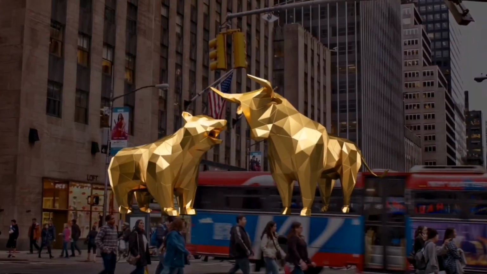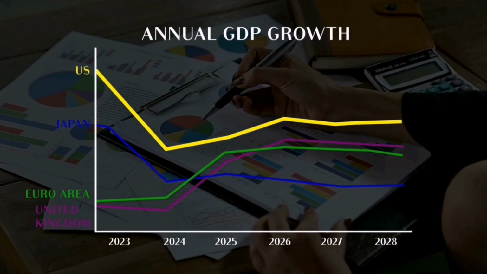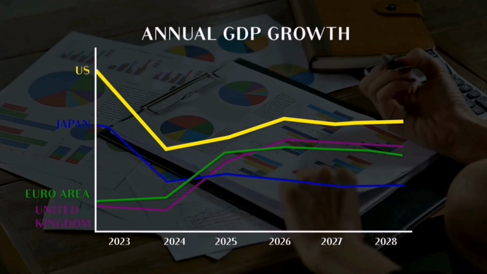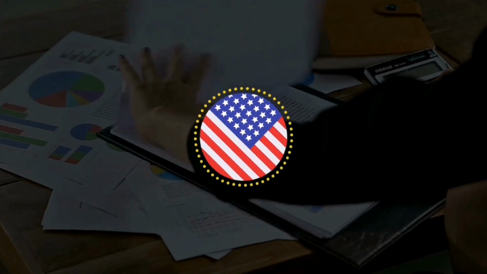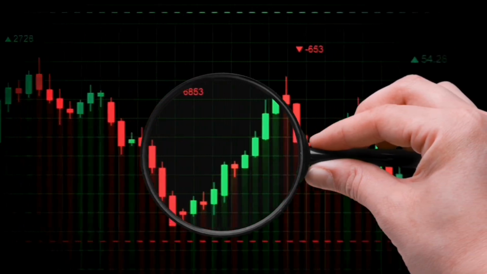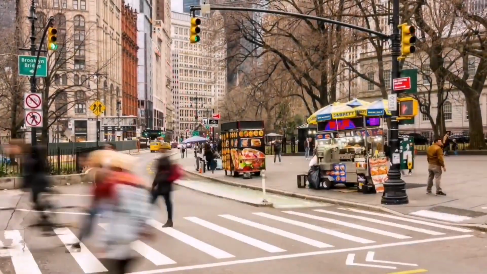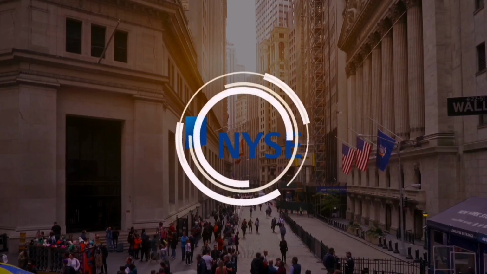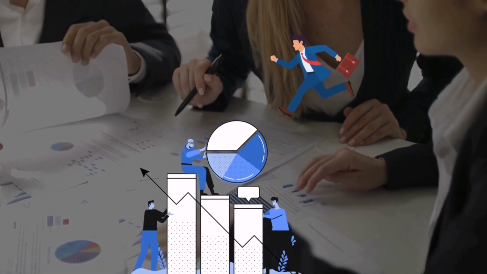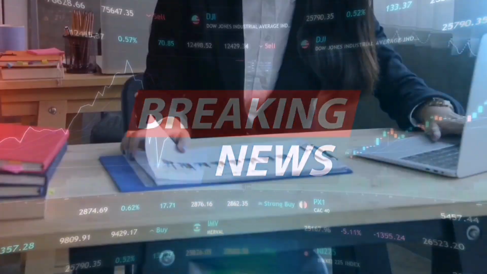Today, we're embarking on a thrilling journey through the intricate web of numbers, policies, and trends that define the current economic landscape of the United States. Hold on to your seats, because we're about to uncover the raw truths, the hidden gems, and the pressing concerns that are shaping the financial destiny of millions. As we peer behind the curtains of Wall Street, Main Street, and every street in between, we'll navigate through a labyrinth of data points, revealing the highs, the lows, and the unpredictable twists that keep economists on the edge of